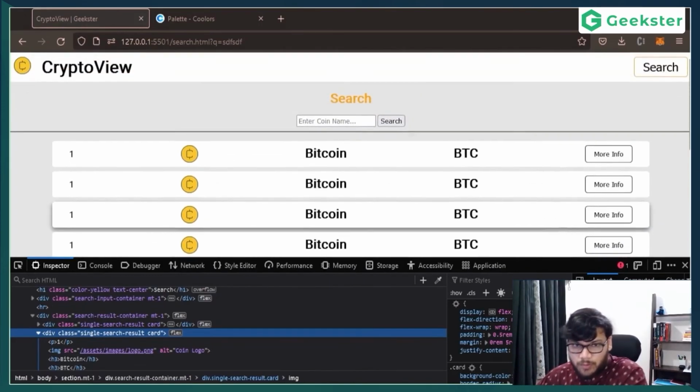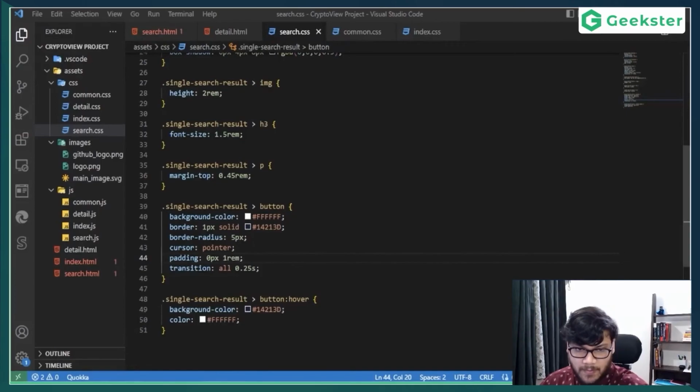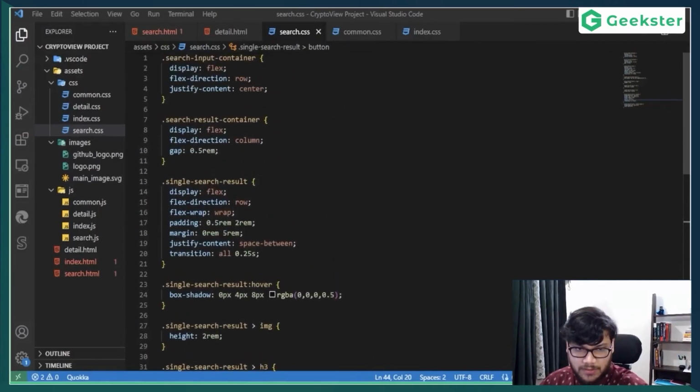I mean, you're making a pretty good project here. The input also, I want it to be a little bigger. Right now, the input tag is really, really small. Input tag and the button. So maybe we'll change the font size basically. That's all we need to change. So we go to the code. And here we have search input container. We should have it somewhere. Search input container, we can simply change the font size. So maybe